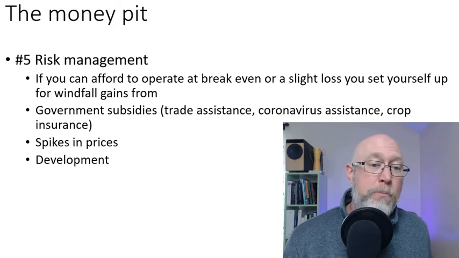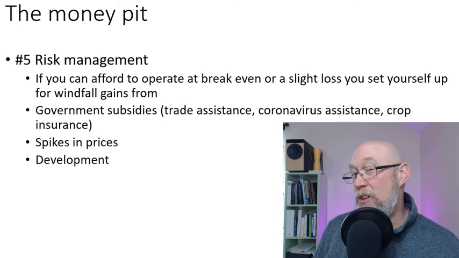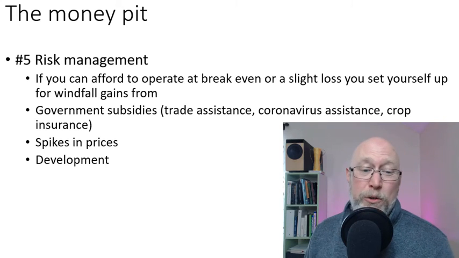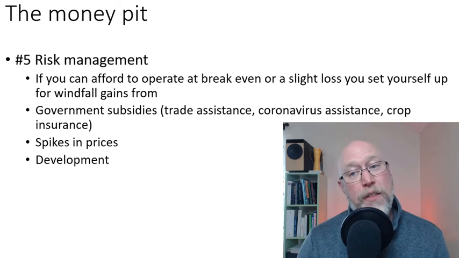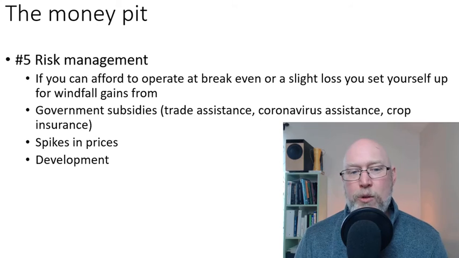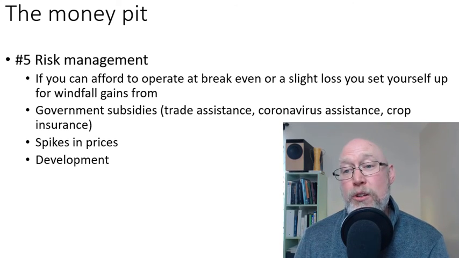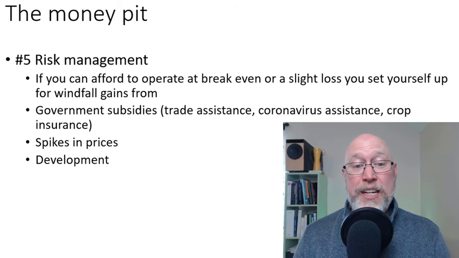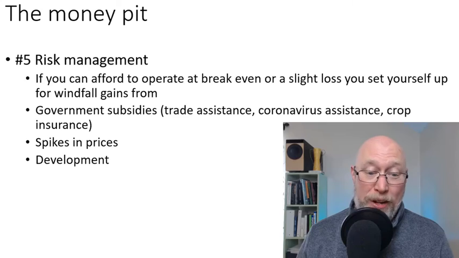Development. What happens if someone builds a big interstate right across your farm? Well, it's terrible. You got to sell the farm. Yeah, but if there's an exit there, that farm's worth a fortune. So when development comes out your way, if you've got the land, you get paid. So it's a risk thing where you take a risk in order to get a reward. And if you can afford to cash flow the payment on the land for 30 years, one of these things is going to happen. It's going to pay off big, and you'll be glad you did.